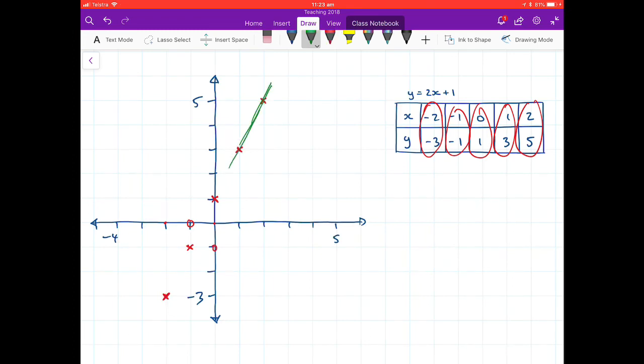Now, what will happen with these graphs that you guys are looking at is that you'll have a ruler, and you'll just join a nice straight line, and that line is going to represent y equals 2x plus 1. Okay, so first and foremost, fill in that table of values. Second, the Cartesian plane should plot a straight line. If it doesn't, you need to